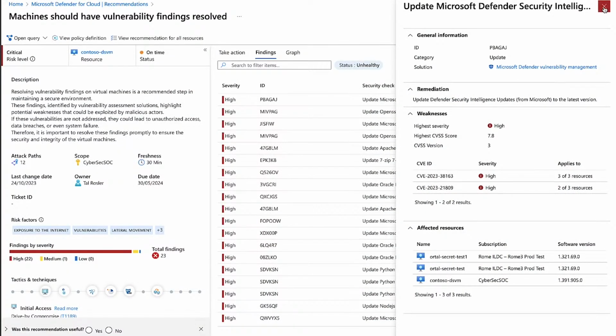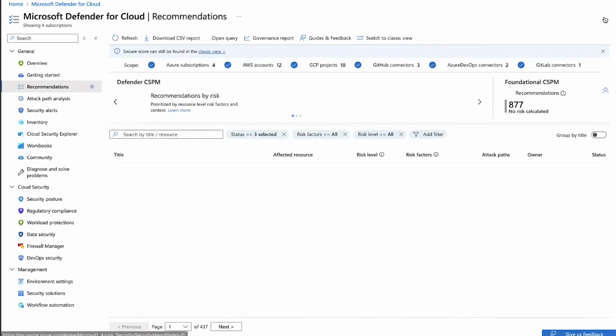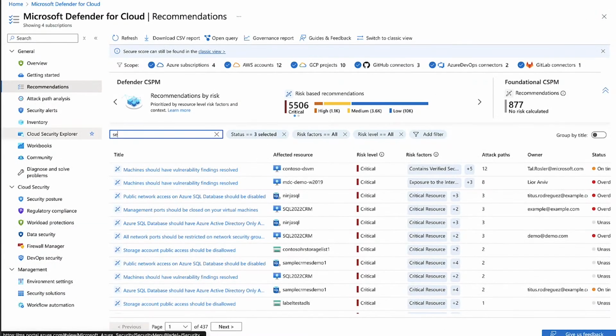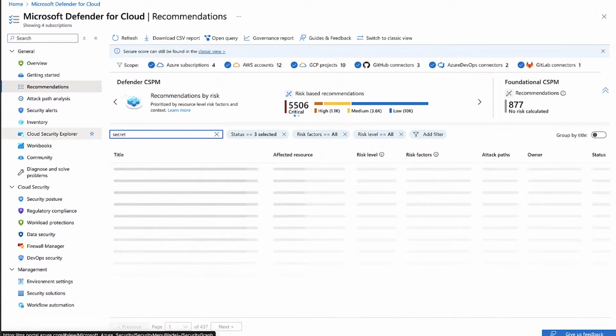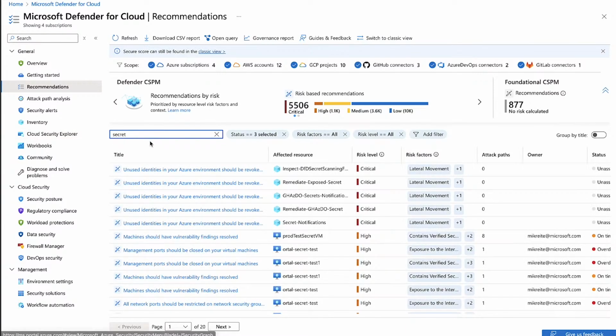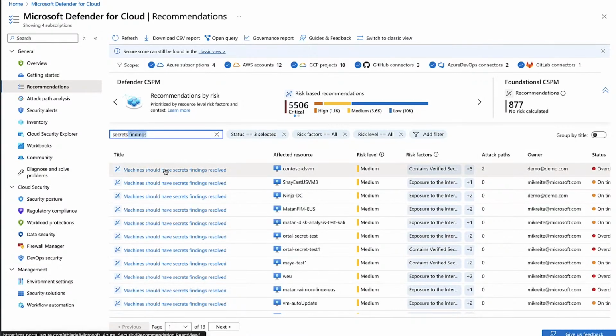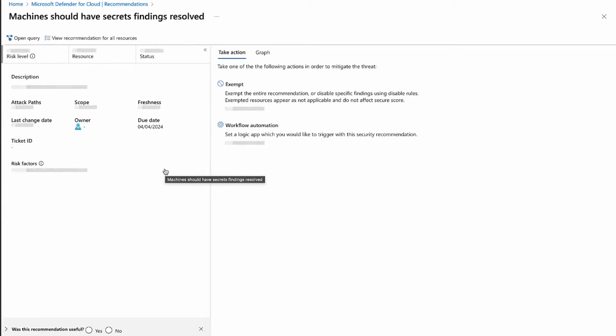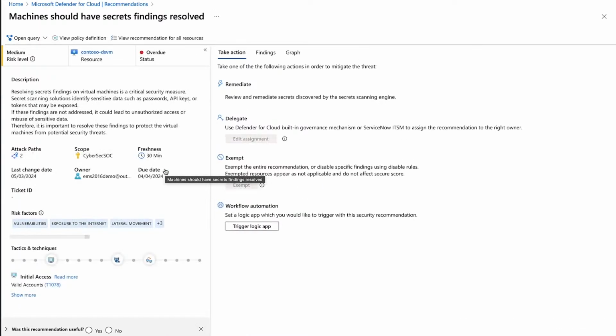It looks pretty similar. There is yet another security recommendation, and we can just search for it. If we look for secrets, then there is a security recommendation. In this case, it is for one of the machines here. Okay, but it's also in the recommendations. It will show in the context of how it is in Defender for Cloud, the different recommendations. Correct. So here we have the same machine, Contoso DSVM, and this is the recommendation that says machines should have